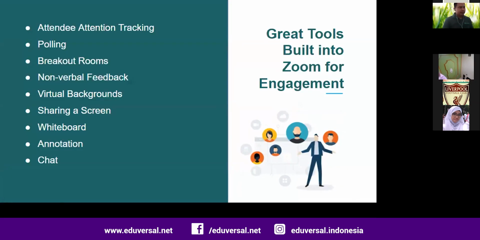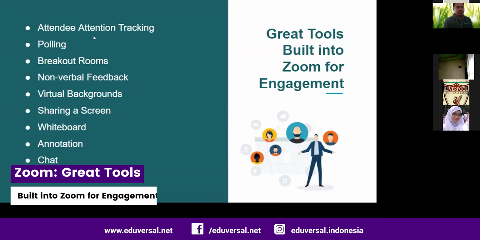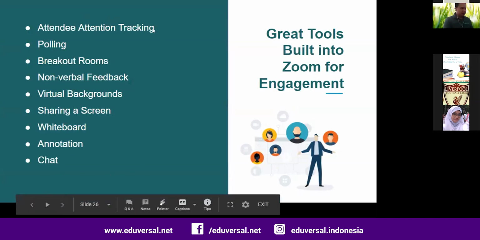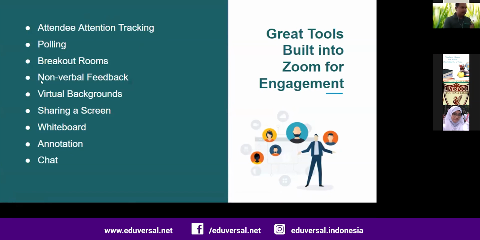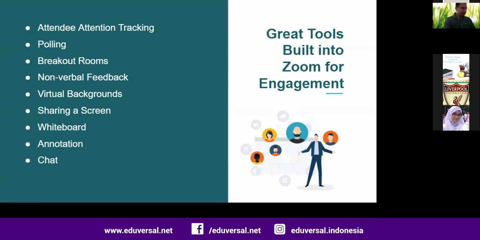Okay, so we talked about most of these features. These are features that help us to engage with the participants or students while using this Zoom application. We already talked about attention tracking. Maybe this one, nonverbal feedback. As you see when you click manage participants in your control menu, you will see this one. There is yes, no, go slower, go faster, more. For example, if you want to take a coffee break, you can click this one, or go faster.